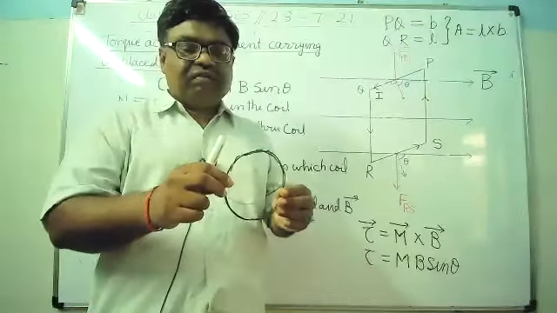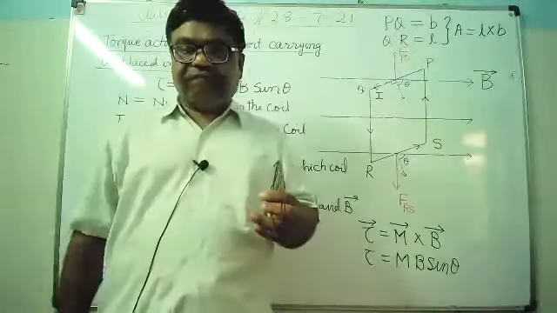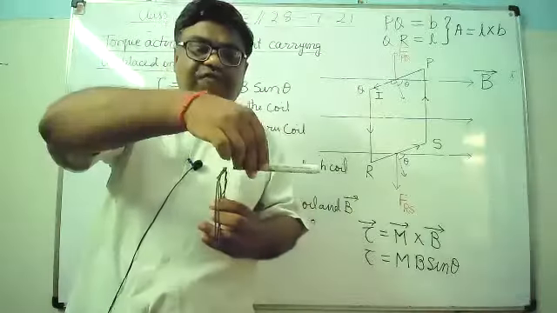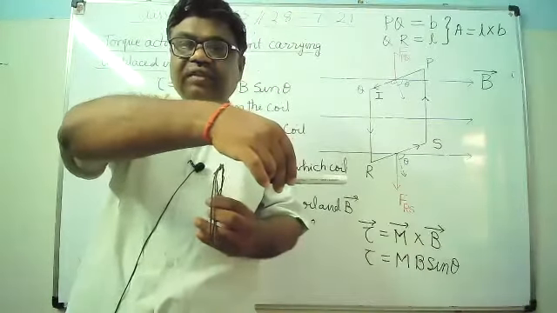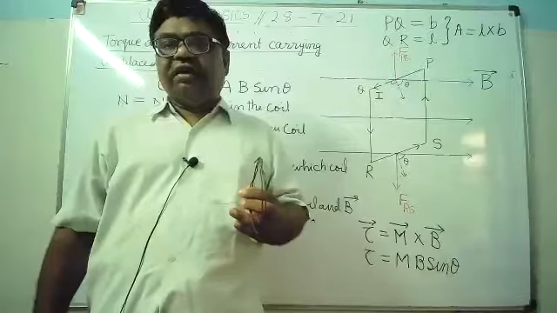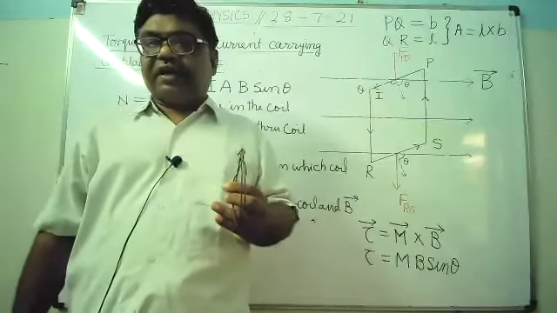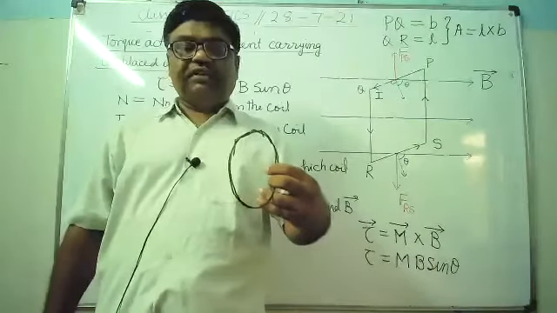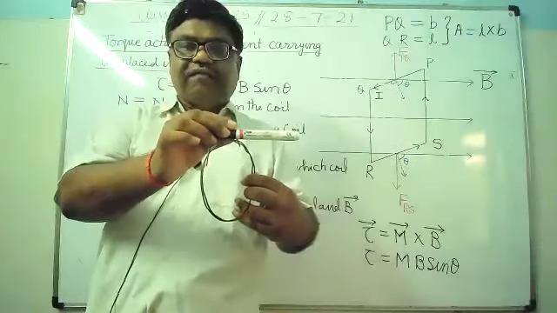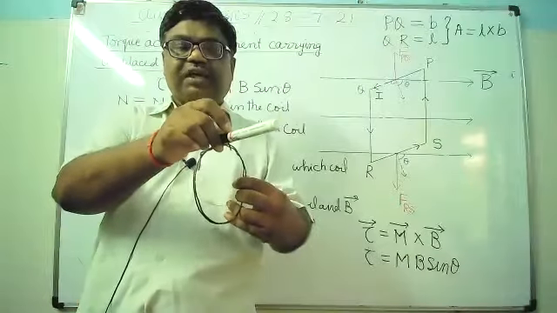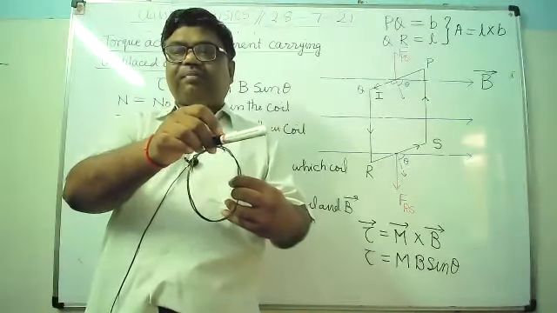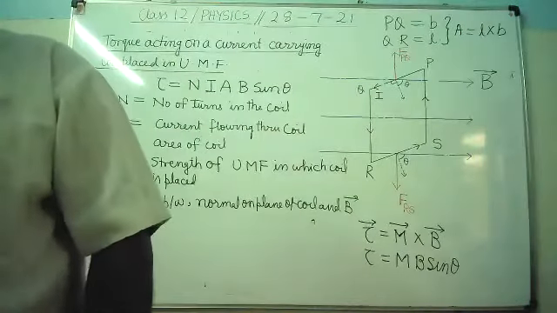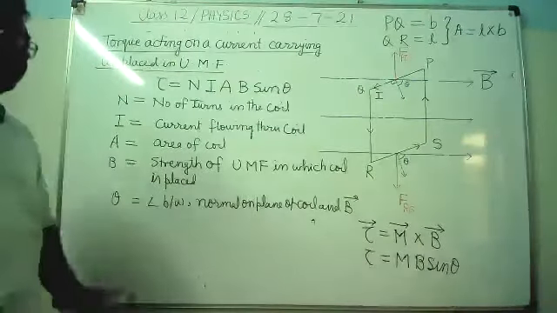Now see here. Suppose when the coil is placed in this way, the magnetic field is still in the same direction. Now what is the direction of normal? Normal will be this. So what is the angle between the normal on the plane of the coil and the magnetic field? That will be 0 degrees. And suppose if it is placed in this way, the magnetic field is this, the normal is making this angle, so the angle will be some acute angle. Is it clear?